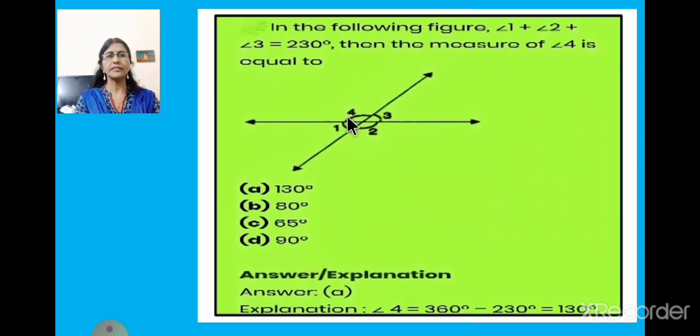Now you know this is a complete angle which forms 360 degree. So we have to just find out angle 4, and they have given angle 1 plus angle 2 plus angle 3. The summation of all these three angles is given in the question. So that is 230. So what we'll do? 360 minus 230. We'll get the answer. Answer is 130 degree. Children, you will get some questions where you need to solve it. So you will keep a paper ready so that you can quickly solve it and find out the answer.